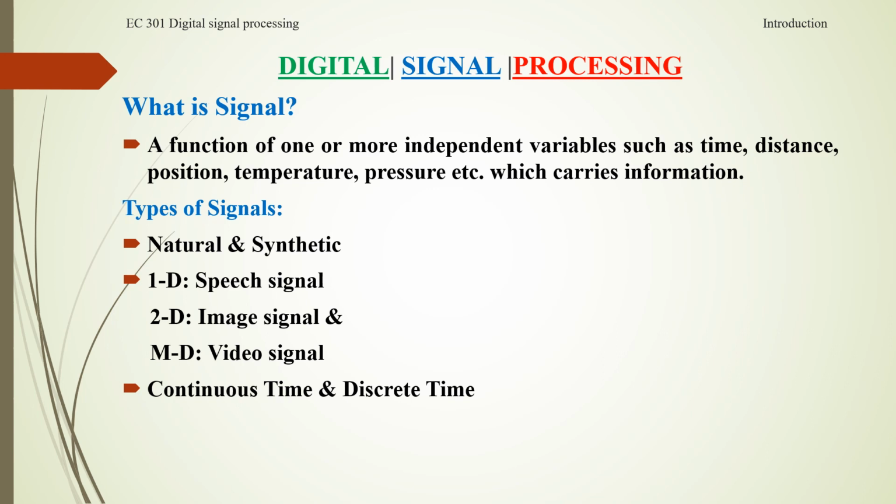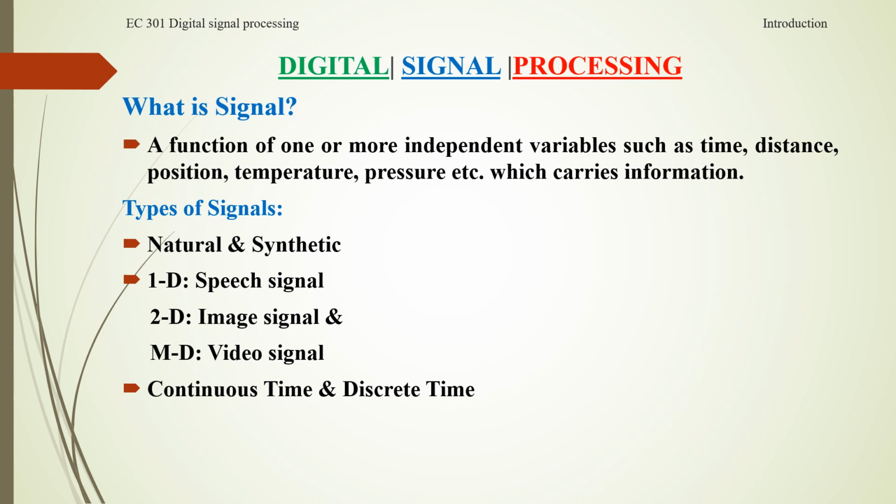Next, types of signals. Signals can be classified as natural and synthetic signals. Most signals we encounter are generated by natural means, but a signal can also be generated synthetically or by computer simulation. Natural signals include speech signals, signals produced by the brain and heart, signals from earthquakes and volcanoes, lightning, room temperature, atmospheric pressure, etc. Synthetic or man-made signals include radio, TV and telephone signals, music signals, ECGs, X-rays, MRI, etc.